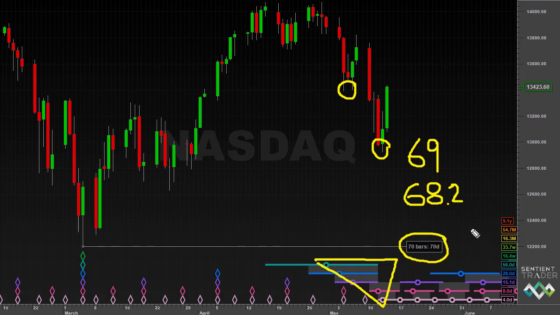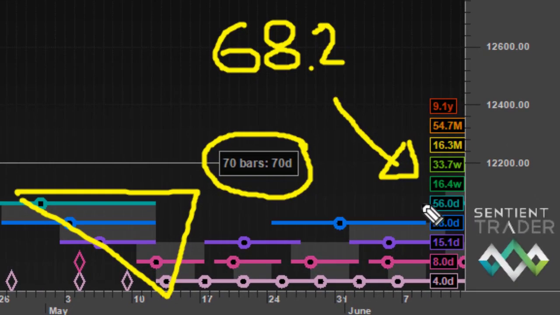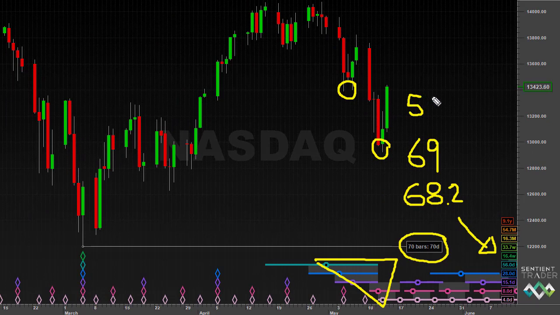And at the bottom right-hand side of the chart, we have another piece of information, which is the recent wavelength. That is, in fact, the average of the past 6 waves of the 80-day cycle. And you can see the past 6 waves have averaged 56 days. So you can see that the 80-day cycle has recently in the NASDAQ been running fairly short. And so we consider these 3 pieces of information. The first is the recent wavelength of the cycle. The second is the average length of the cycle over many, many years. And the third piece of information is how many days have elapsed, in this case 69.